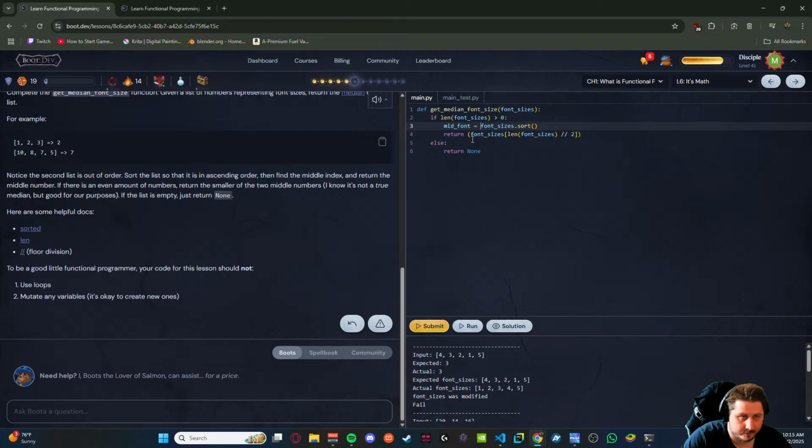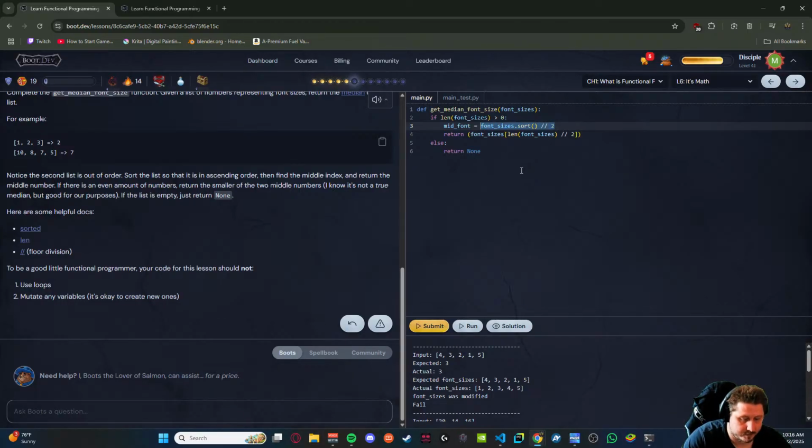Mid font equals dot sort color division by 2. That's not how I want to give it to me.